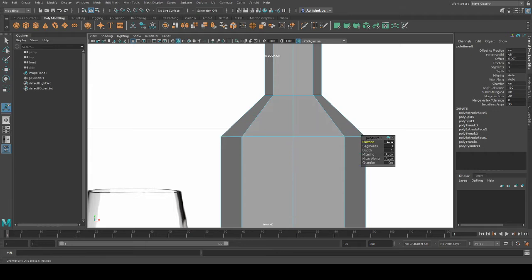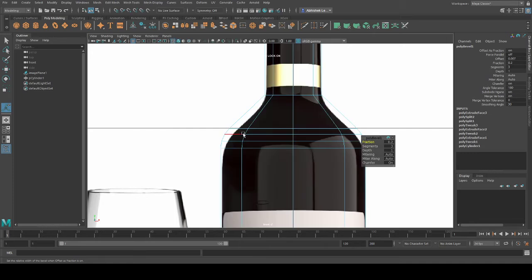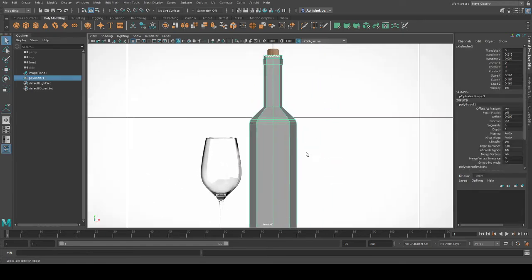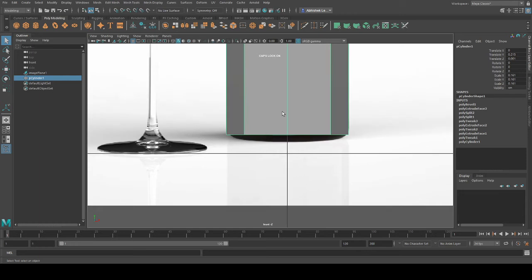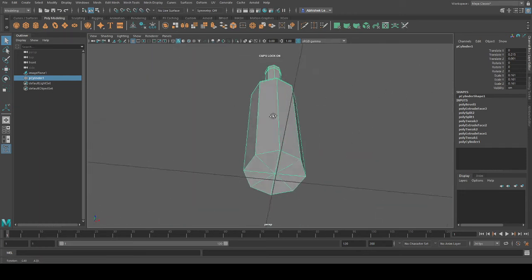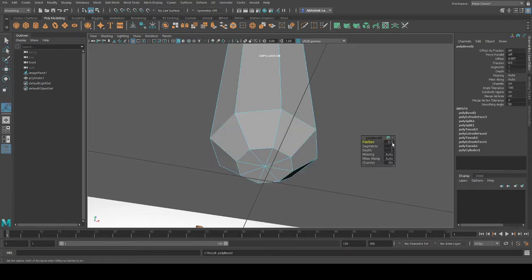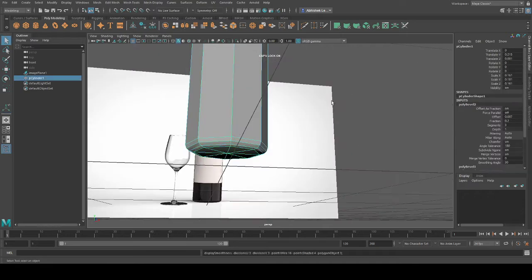So here I'll reduce this. I don't want this to be this much. Because you can see it is not much over here, right? So I'll keep it 0.2. This is enough. All right, next step, same thing in the bottom part. I'll go to perspective view. I'll select this whole edge loop. Shift right click, bevel. Okay, 0.2, segment 3. Okay, this is perfect.